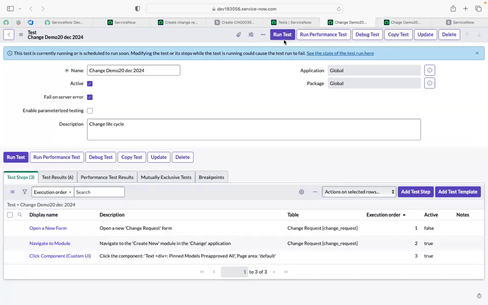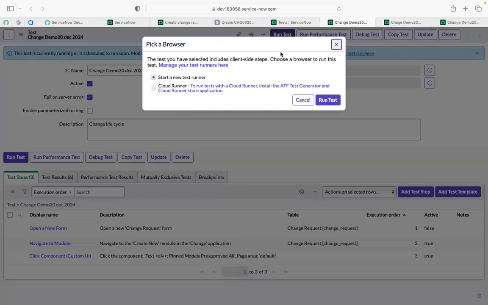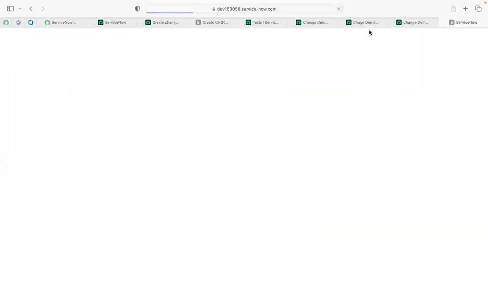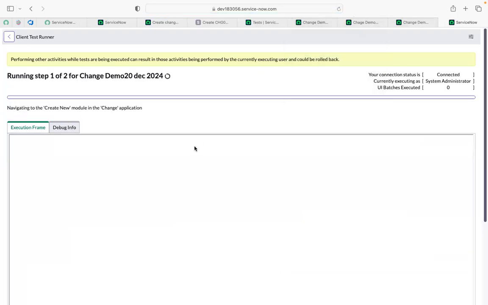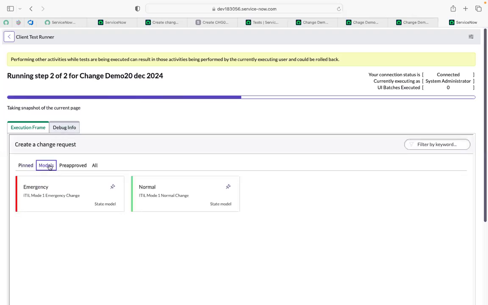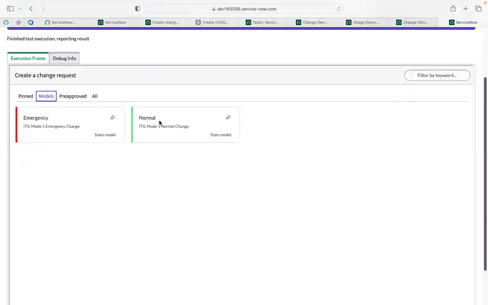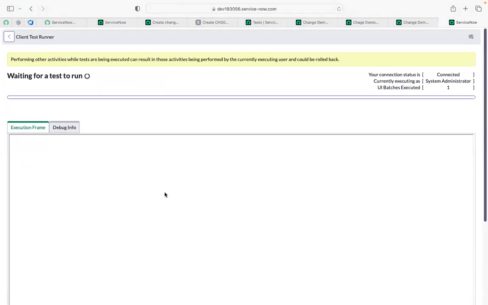Okay, we'll try to run the test from here. So see guys, it was running, it was navigating to create new module. Then it clicked on the models. Then from the models itself, it has clicked on the,